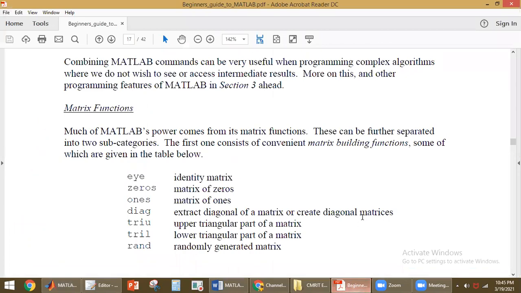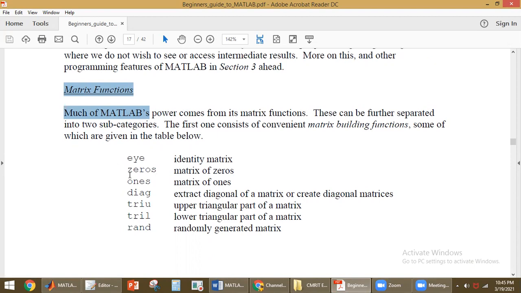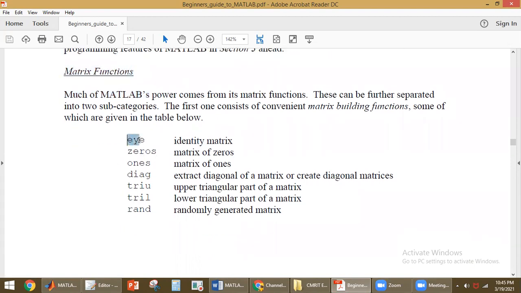Now we'll discuss the other functions we have. These are the matrix functions, which give results in matrix form. These are some of the built-in functions in MATLAB. I will give us the identity matrix. Zeros will give us a matrix with zeros. Ones gives us a matrix with ones.